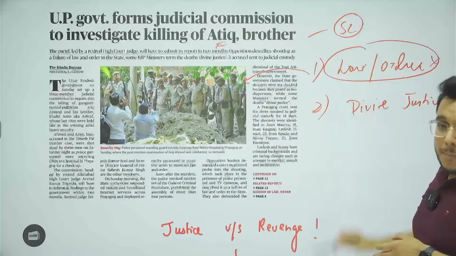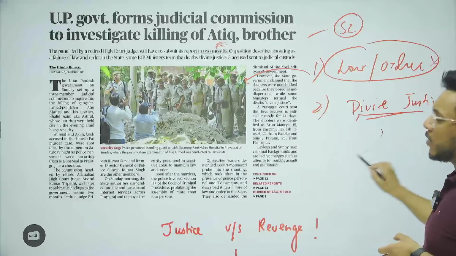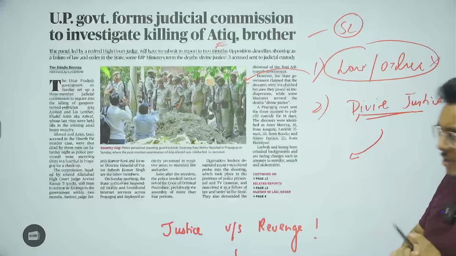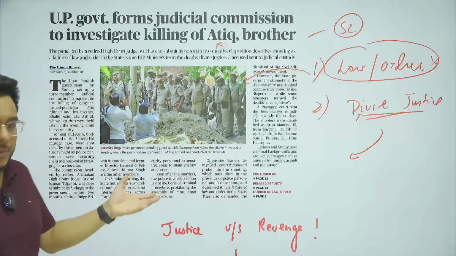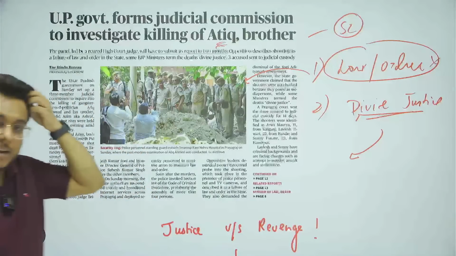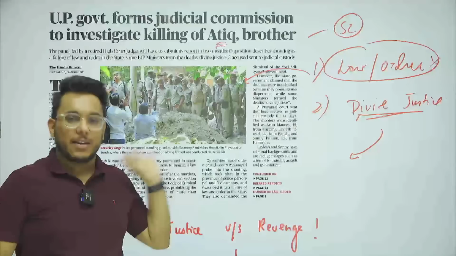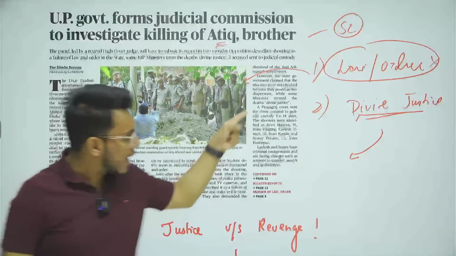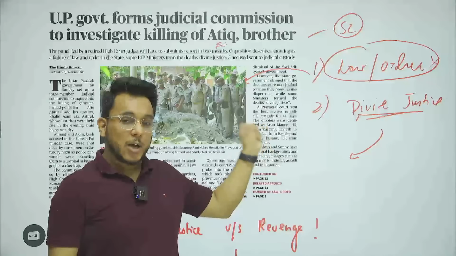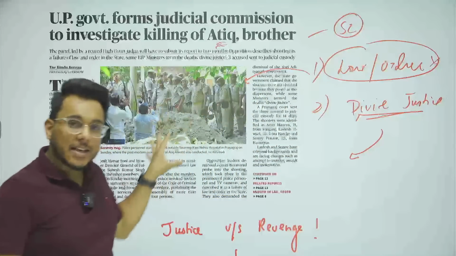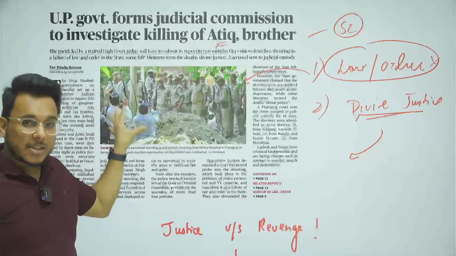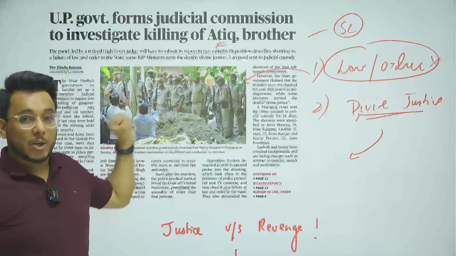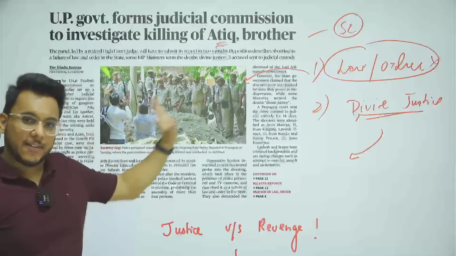But some people say that no, whatever happened was correct. It is a kind of divine justice. This gangster killed so many people. Anybody who raised a voice against him, he got them killed. So it is a kind of divine justice, and these kind of things should happen with these kind of people, as it is important to send a very strong message to the people who are going on the path of crime. So it is being said that it is correct, divine justice.